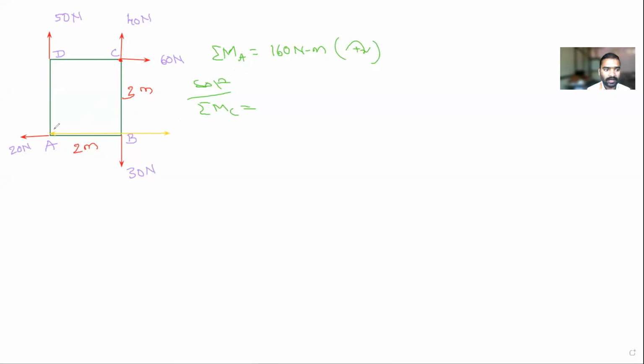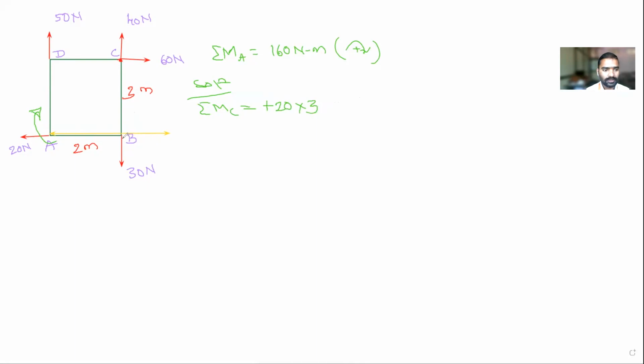It is 3 meter. This force is rotating the body in this direction, correct? So is this producing clockwise or anti-clockwise? Clockwise. Now, is this plus or minus? Plus. This is the 20 Newton force. How much is the perpendicular distance between the line of action of this force and the point? It is 3. Clear this first point?